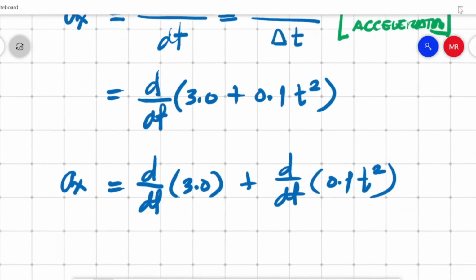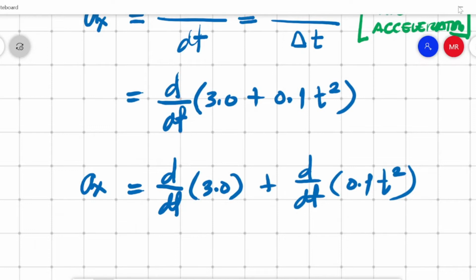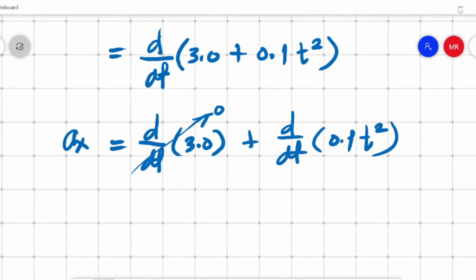From our knowledge of calculus, the differential of a constant is 0. So what we have left is the differential of 0.1 t